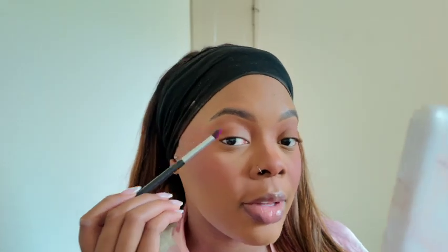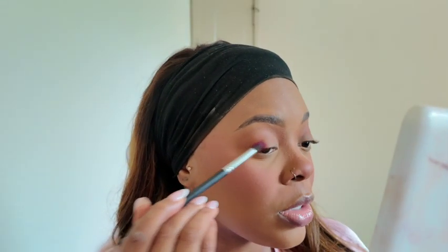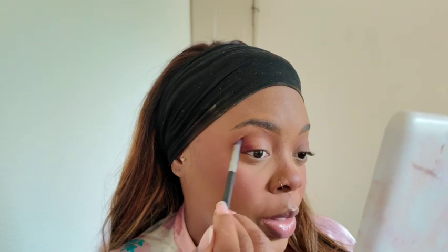And I wish I could remember the names of these shadows that I'm using, but they are just singles from MAC. It is a little messed up, so I don't want it to fall, but this is the orange shade that I use, and then right after I'm going to use this purple shade. This purple is just going to give it such a pretty look, and we're just going to apply it right on top of that. And I'm using a more pointed